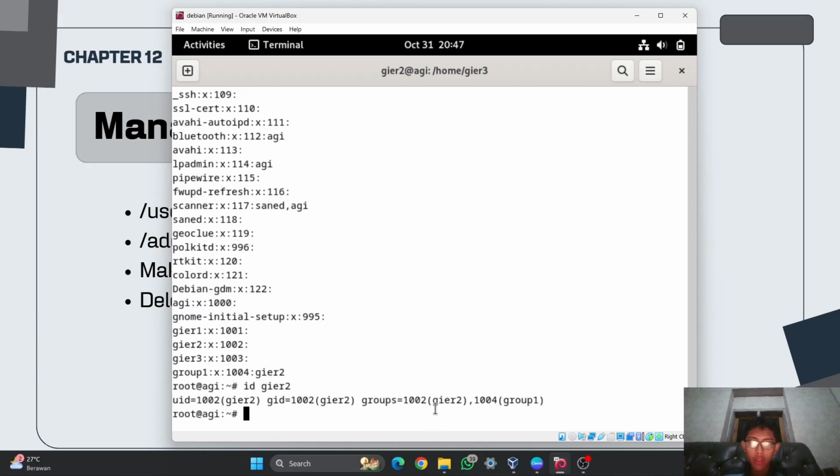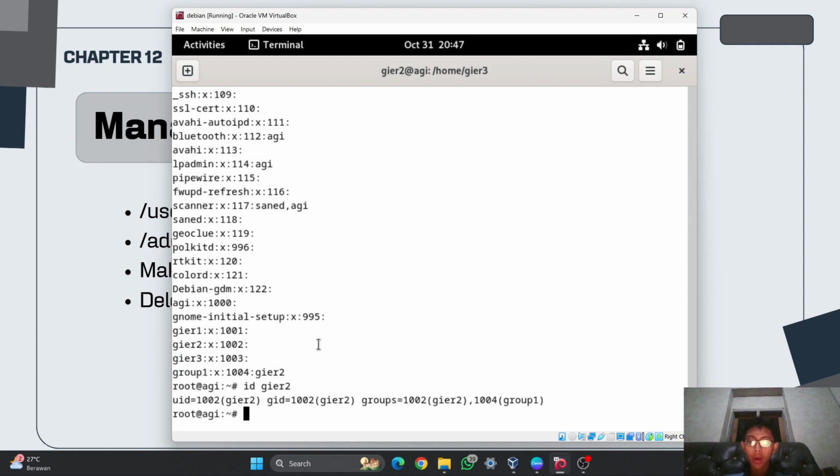And as you can see right now, GR2 is in the group GR2, which is this one, and also group1, which is this one. So GR2 has been added into group1.